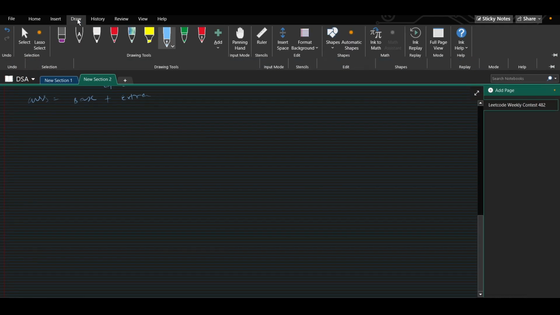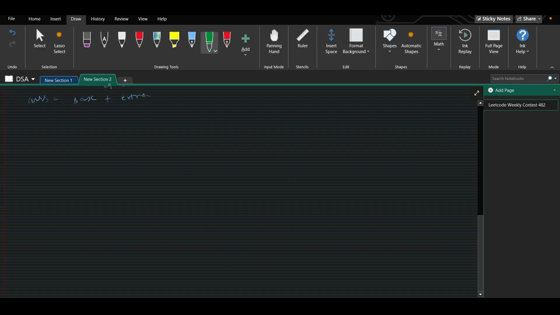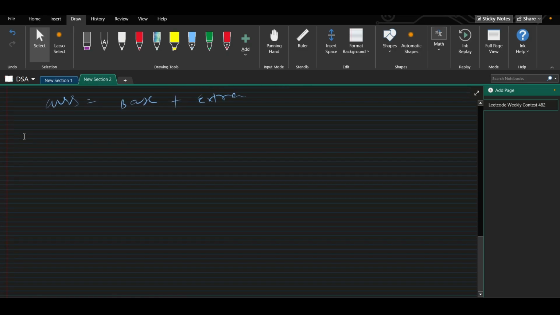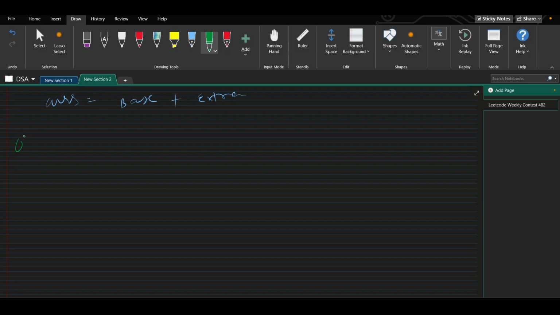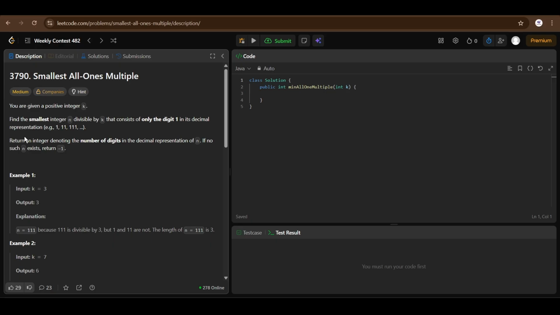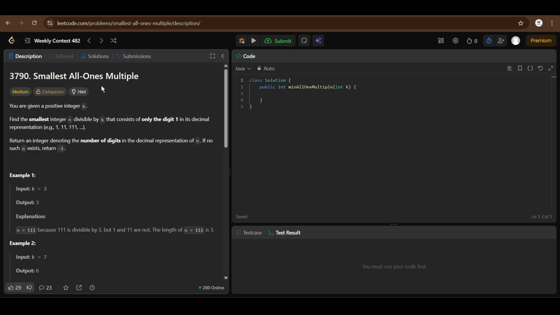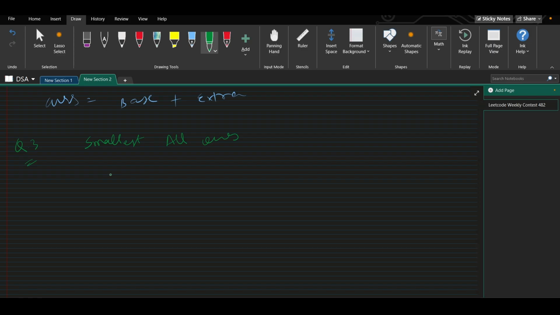Let's change the pen color. Let's zoom in a little bit. Fine. This is our third problem, Q3, which says smallest all ones. They are saying we have to find the smallest integer n,